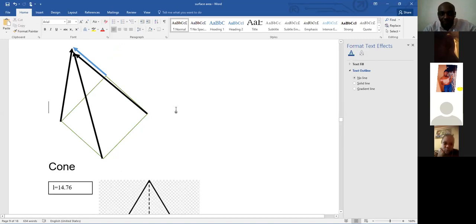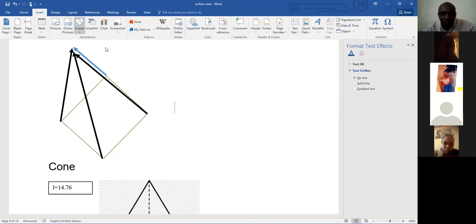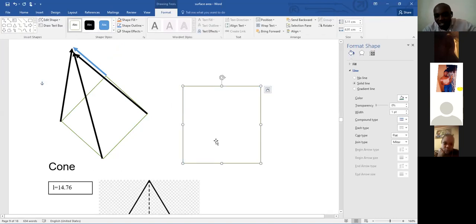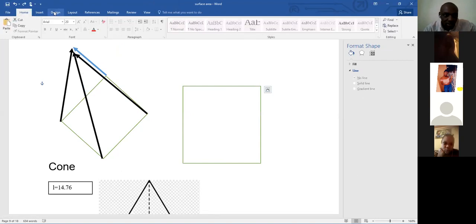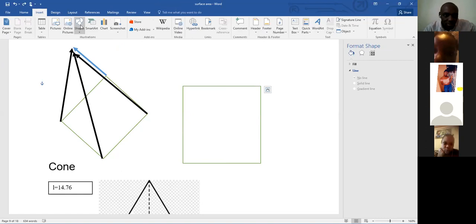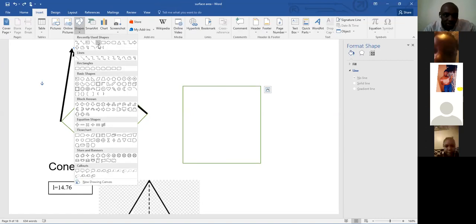So very quickly here, I don't know whether time is going to allow me to insert the base. The base is a square, I was putting it here. Here. So this is a square base. So in this square base now, the height has to be perpendicular to the base. Like in this diagram here, in the 2 minutes remaining, let me show you where the perpendicular base is. That is not what I wanted. Insert a shape. I'm hoping very quickly I'm going to do that.